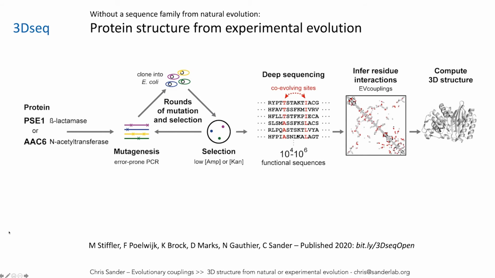So from this large number of sequences, using the complete analogy with the same computational methods as we did for natural sequences, you get a contact map. The red ones are the correct ones, and the gray ones are from the known crystal structure. We did this on known proteins, but hiding the information, and we get computed 3D structures